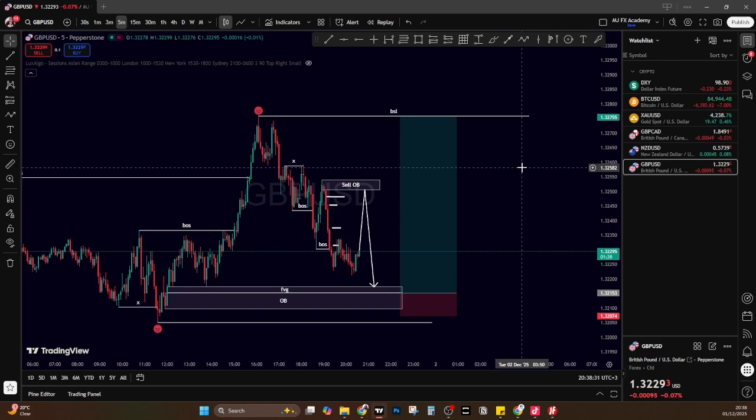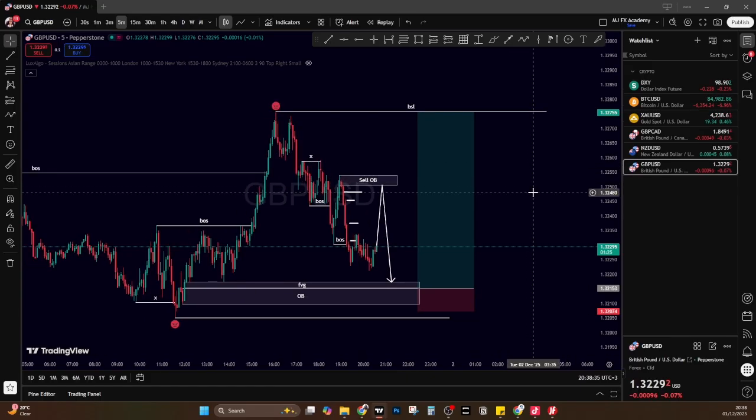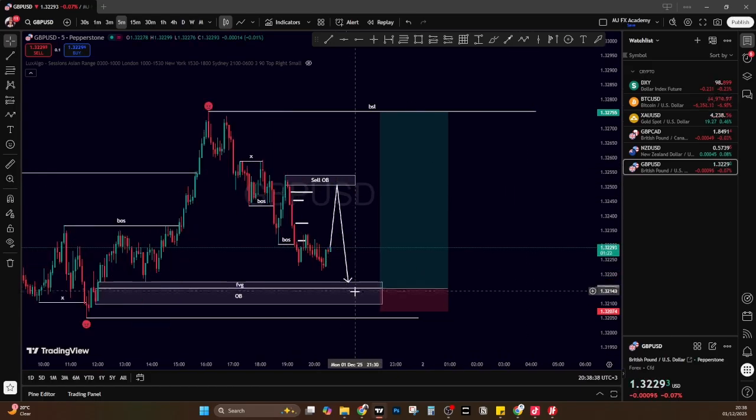We got close to 400 pips. Now, if the market decides to come here before coming here, your order block here will be invalidated, because that means that